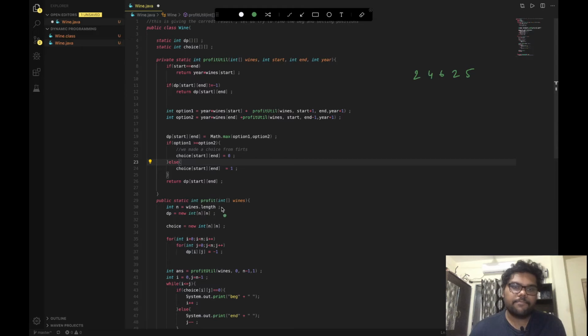What I'm doing is I'm first taking out the length of the array, then I'm creating the DP array. I have declared DP as global here, as I did not want to make the argument list very large. It is usually not a good practice to have global arrays whenever you do development in your projects or in any industrial code bases, right? But for this question, I have declared it as global so that I have access to it in different recursive calls. And then I'm initializing this as a 5 by 5 array.